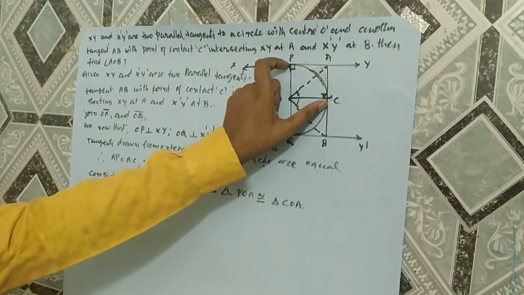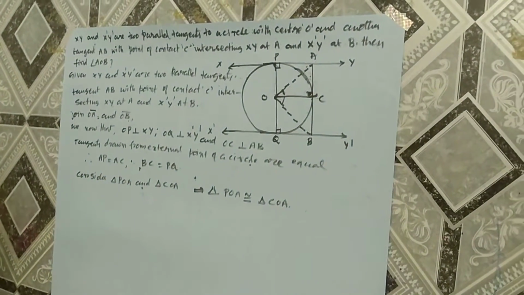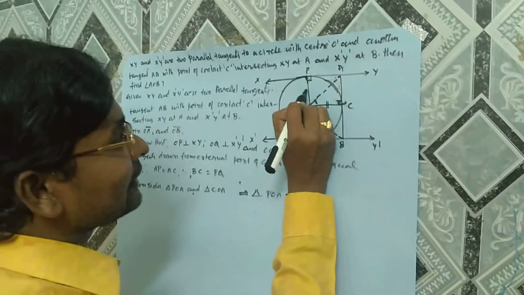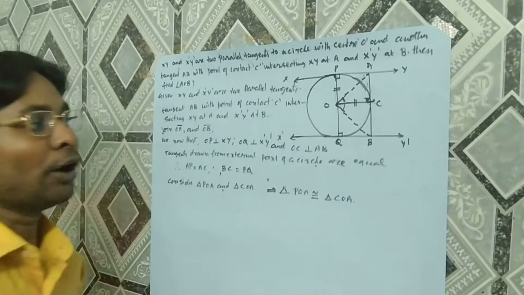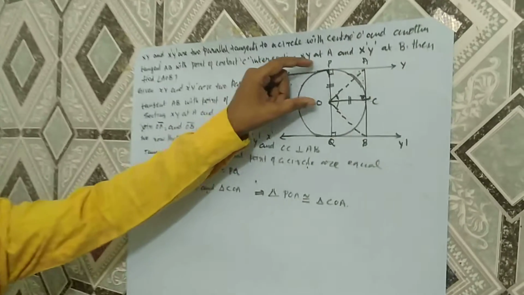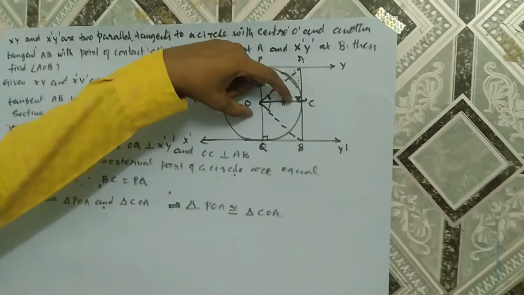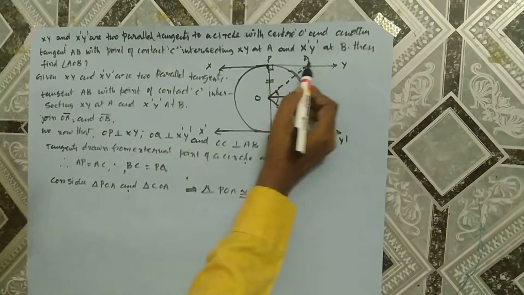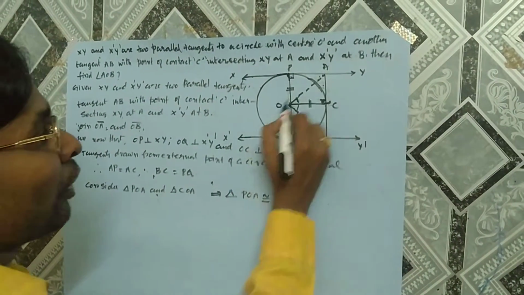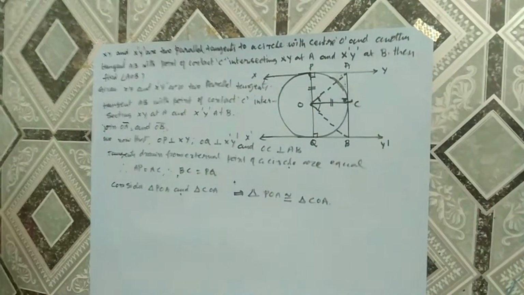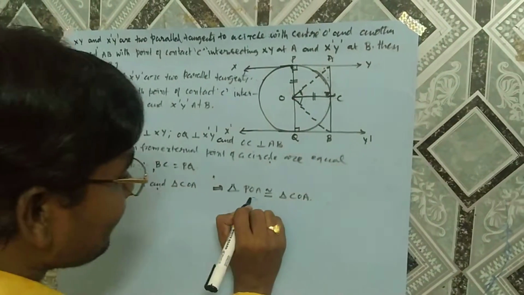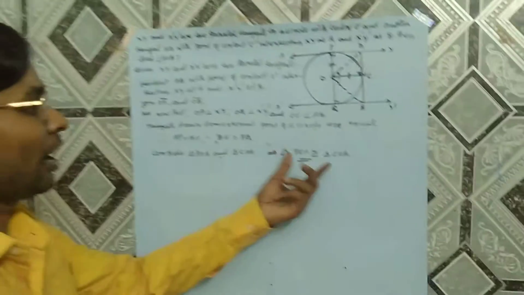The sum of opposite angles is equal. OC is a radius, and OP is also a radius. In a parallelogram, adjacent sides being equal makes it a rhombus, and with right angles it is a square. PACO is a square, and OA is a diagonal. A square is divided by its diagonal into two congruent triangles. That is why these are congruent.